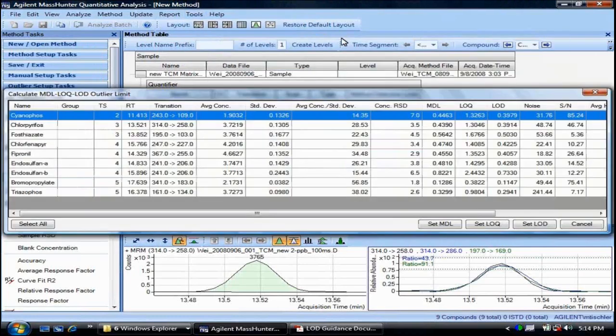So this tool takes those replicate injections and uses the t-test statistics to determine the MDL limits, LOQ and LOD limits, as well as some other